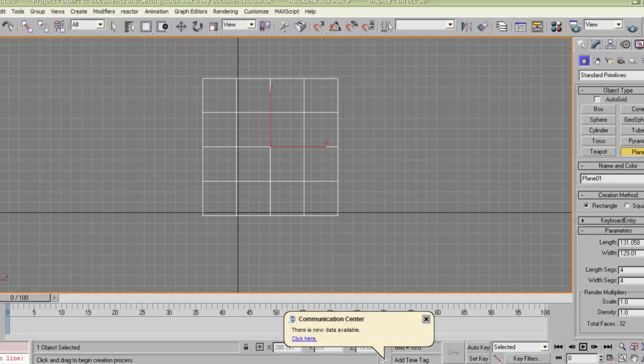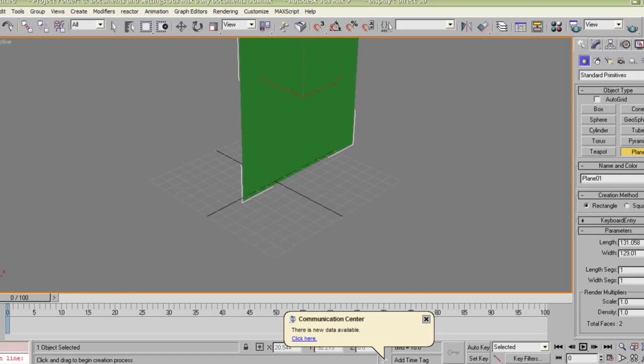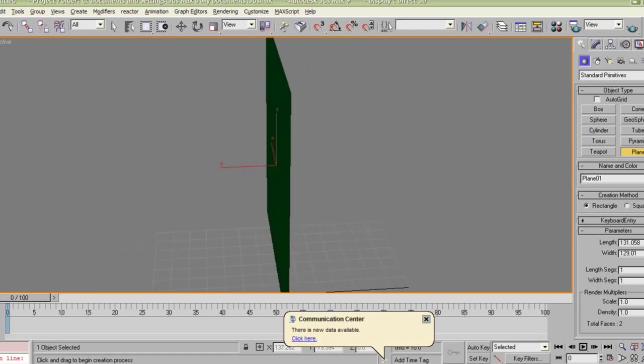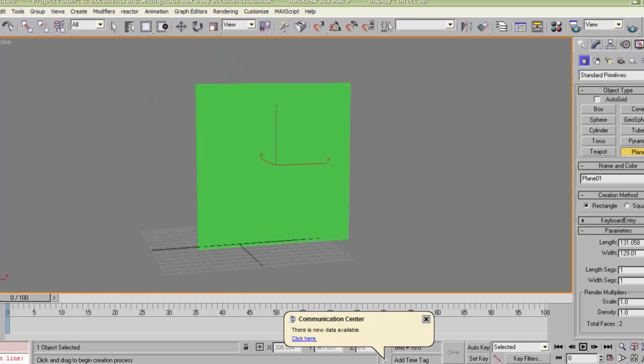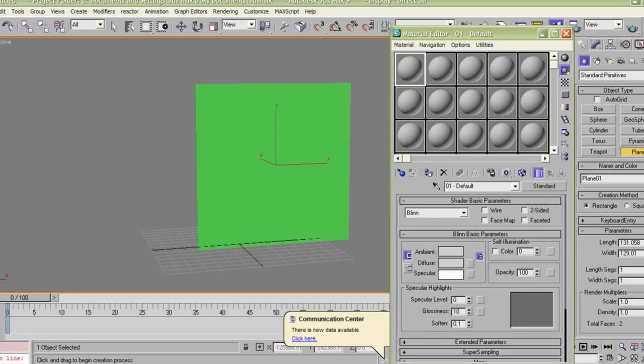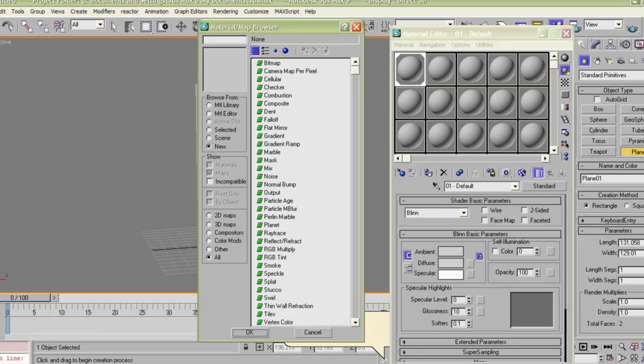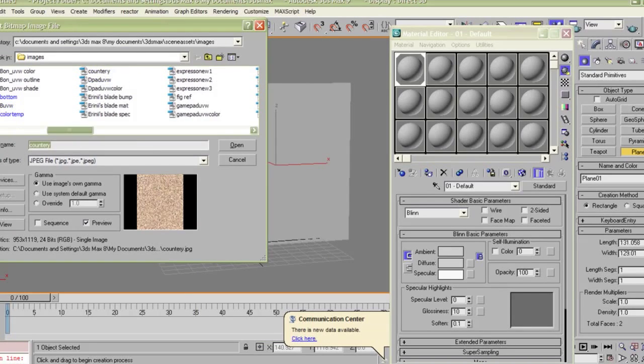So to begin with, I'm just going to create a simple plane here. Go into perspective, okay. And we go ahead into our material editor. We're going to find the rotation that I created for this. Now, the rotation